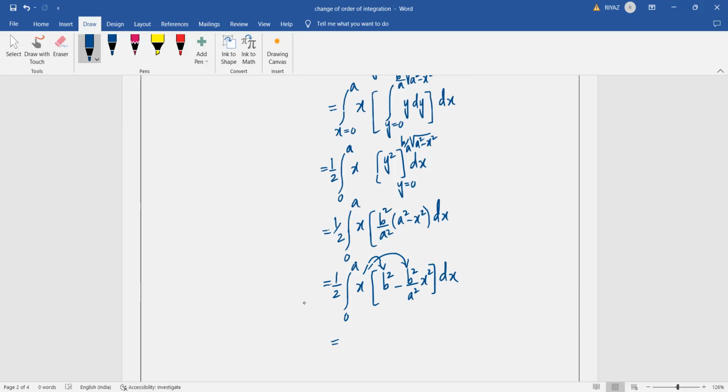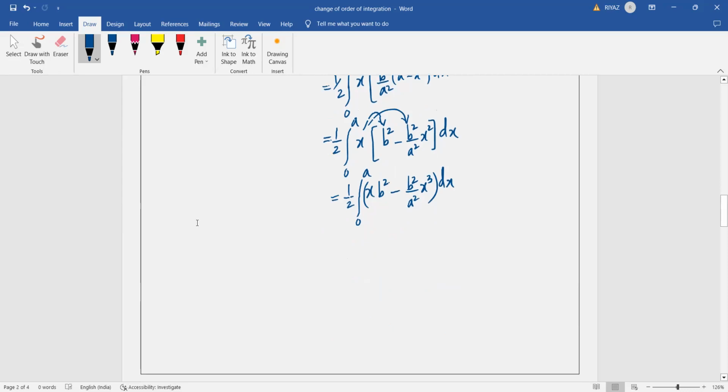So then what is that? 1 by 2 into integral 0 to a, b square x as it is, b square x minus b square by a square x cube, into dx. Now, if you simplify this,